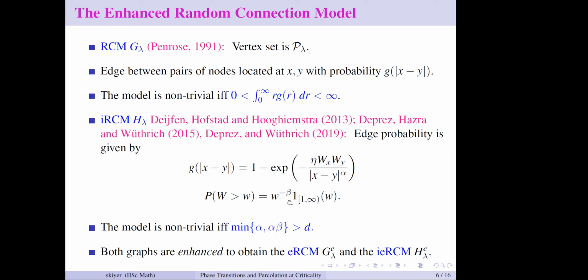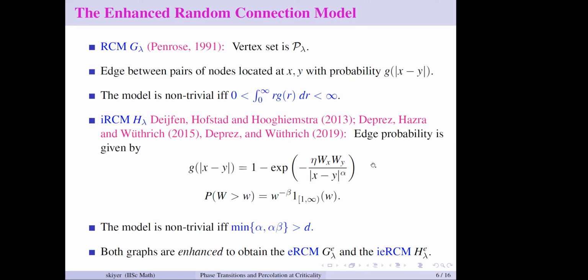For example, if beta is less than 2, then the weights have infinite variance. If beta is less than 1, you won't even have a finite mean. So you would see some vertices having very large weight, and they will attract a lot of edges. This model was shown to be non-trivial if and only if the minimum of alpha and alpha beta is larger than d. Now, this model was studied in great detail by Deprez, Hazra, and Wüthrich, and they showed that